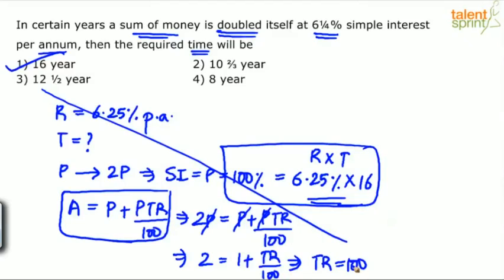N minus 1 by R into 100. Well, if you know such a shortcut formula, you can apply it. But I would recommend not to go by too many shortcut formulae. Don't try to. I'm not discouraging you, but if you can remember and recollect these formulae in time in the exam,